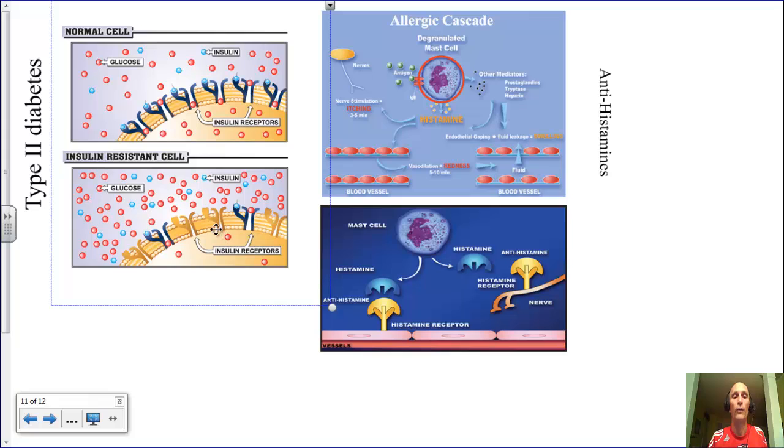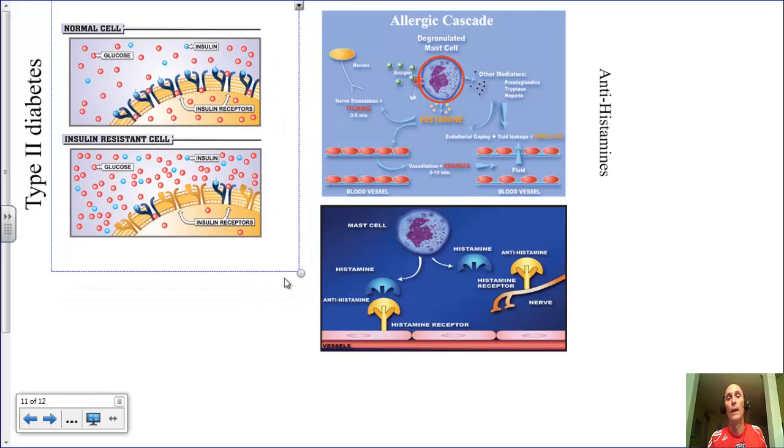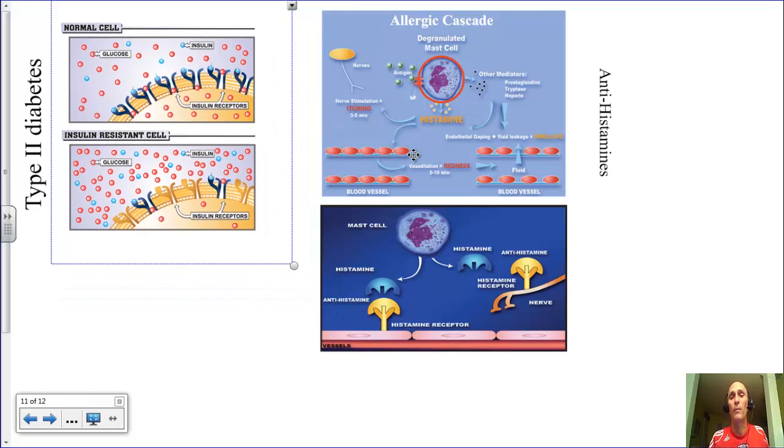So type 2 diabetes is something that develops over time with repeated excess exposures to glucose. If you maintain high concentrations of glucose outside the cell, what's going to happen is over time it's going to stop responding, and that's going to be a defect in the signal transduction pathway. Right? Now, you may have heard of allergies, and some of you may have allergies, and basically an allergy is an